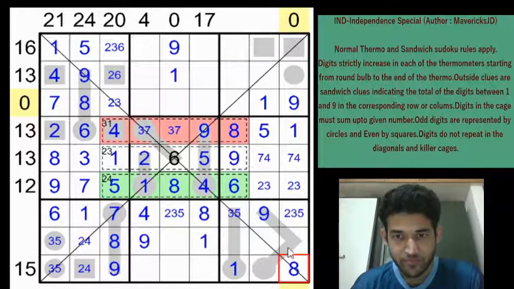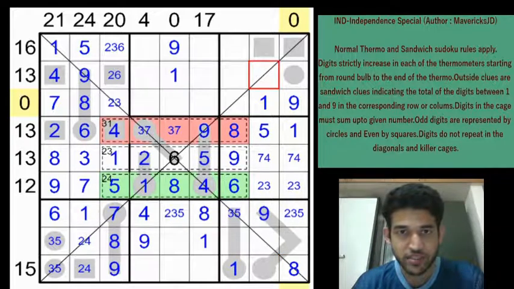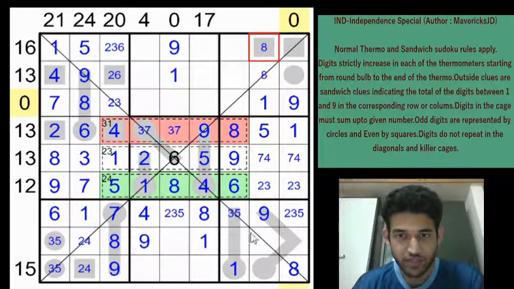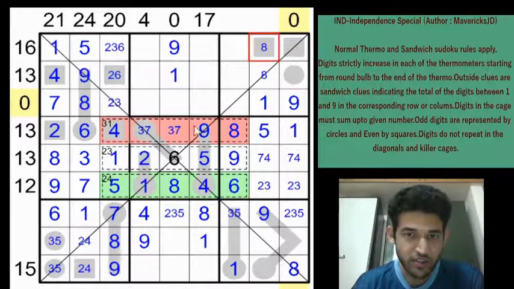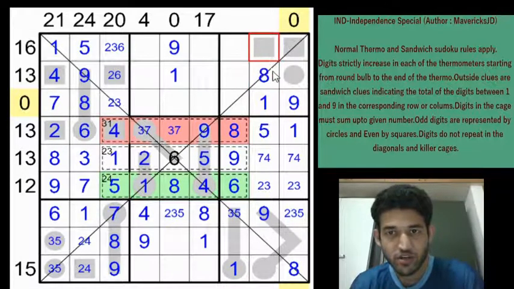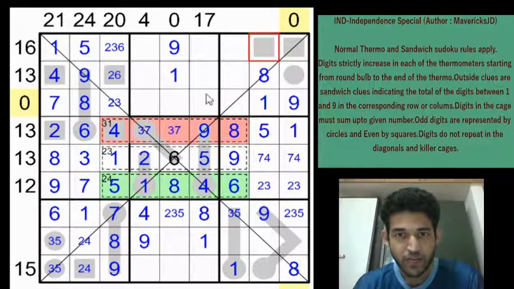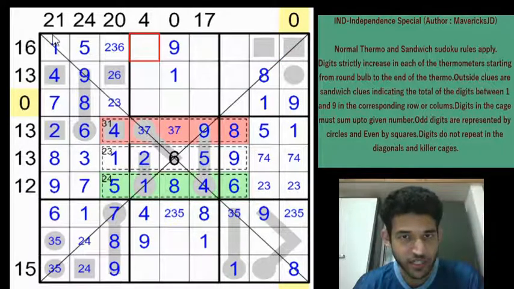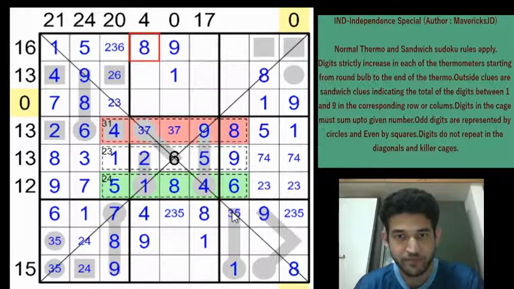So now 8 in column 2 can only go in two cells. These two cells, because 8 is in column 7 and column 9. So 8 will go into one of these two cells. But if you have an 8 here, then along this diagonal, you can't have a 8 in anywhere because 8 can't be here, 8 can't be in these three cells and you can't have an 8 here. So that gives you an 8 here, right? So this is not an 8. And now 8 must go into one of these two cells in row 1 because 8 can't be in these three cells and 8 can't be in these three cells. So 8 is here, so 8 has to go here. This will be an 8.